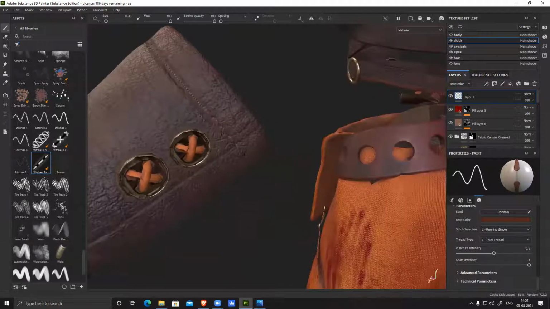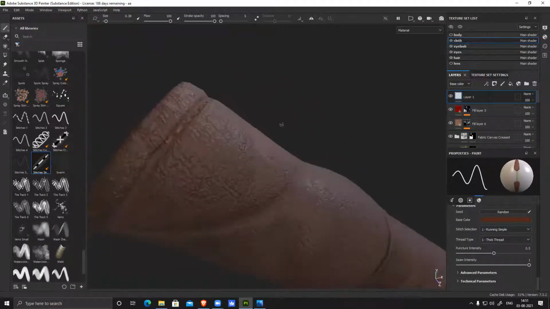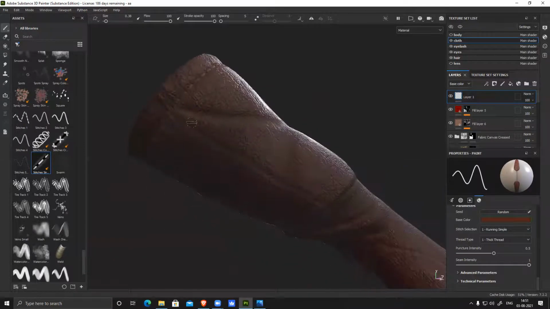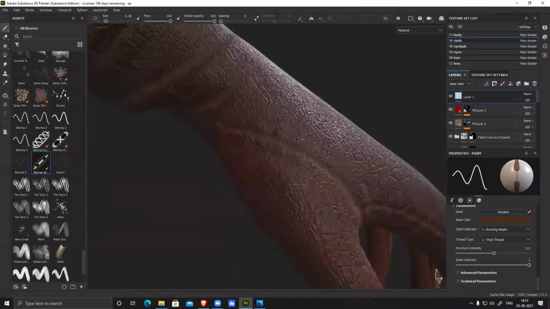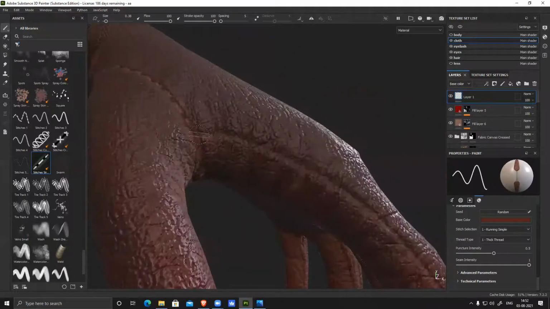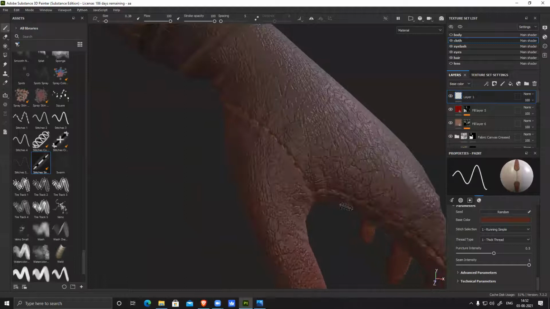That is something I need to control. I can add all these details here, and I can see this blending with the base.